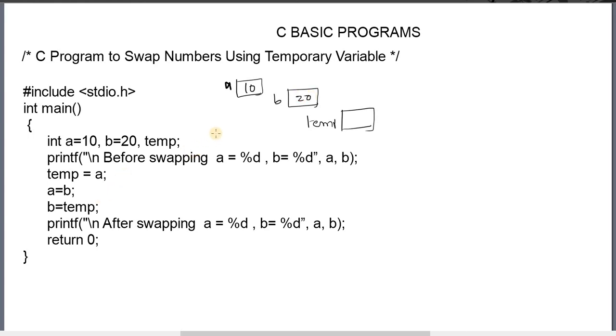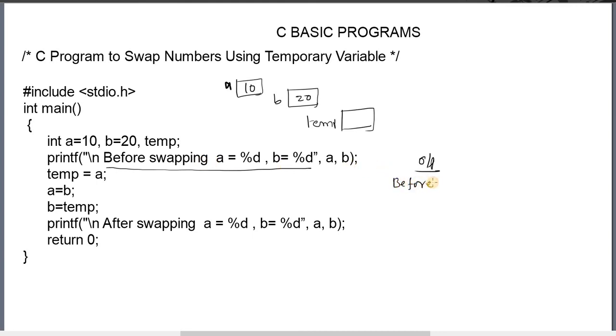Here now we have to swap, we have to interchange the values of a and b. Before going to swap, here this printf prints this message before swapping, the message which is given here within the double quotation. The same message we will get on the screen here, but here there are two specifiers. In place of these two specifiers we will get a value and b value. The remaining message we will get exact same.